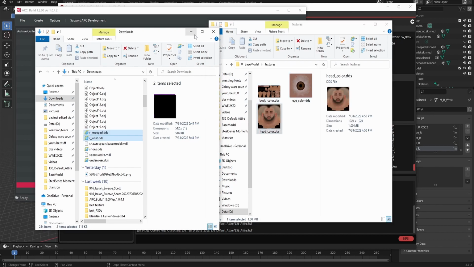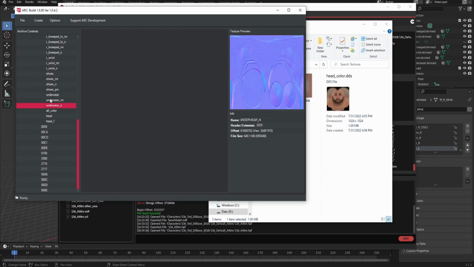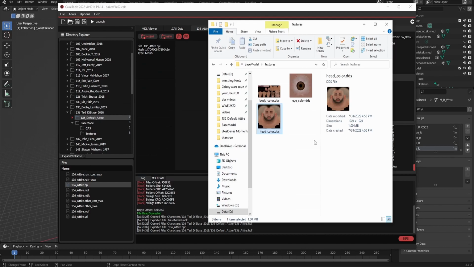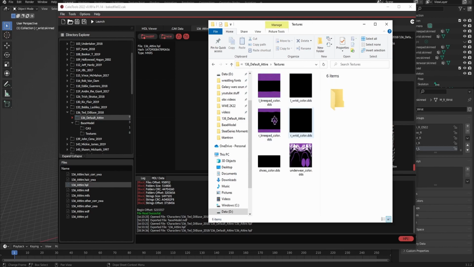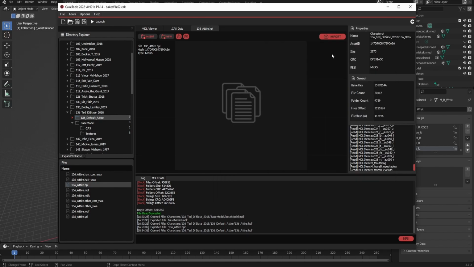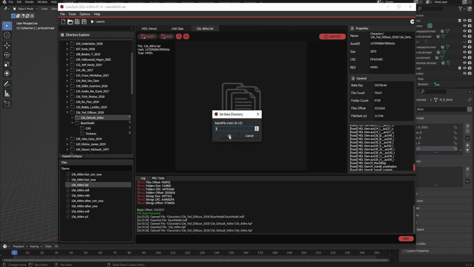Now remember, you are going to need normals, like normal maps, which are also located here in these files too. You could just use those, I guess. But for me, because I'm not actually porting this, and I'm not going to upload it, I'm not going to be using normals, I'm just going to be using the colors. So yeah, once you have your file there, you're basically done. You could come back to Cake Tools, bake a folder, bake whatever folder it was. In this case, for me, it's 8, because this is where I have all my tests. And then you let that run for a bit. And once it's done, you press OK, and then you launch